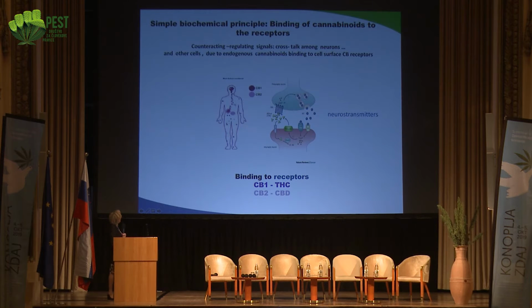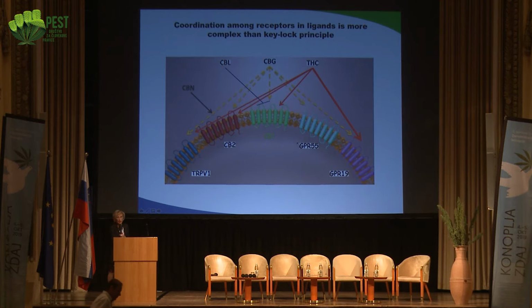Well, this looks simple, but actually it's not, because it's not only CB1 and CB2. There are other types of receptors present. I'm not going into the chemistry or definition of these receptors, but as you can see, different cannabinoids, CBG, CBN, that I have shown before, can bind to different receptors. This is a very promiscuous interaction, actually. One receptor can bind several cannabinoids, and one cannabinoid can bind to different receptors.